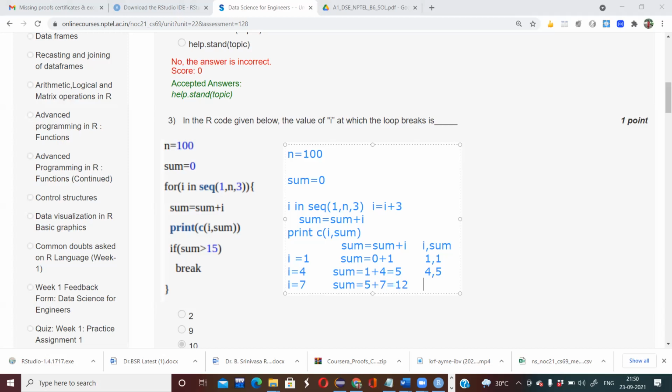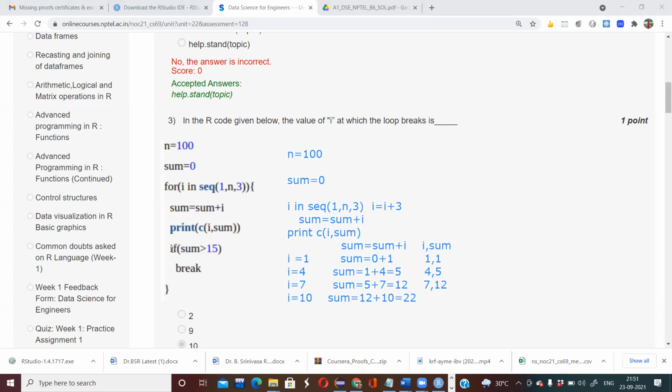So you're printing i as 7 and sum as 12. Next, i equals 7 plus 3, that is 10. When i equals 10, the sum value will be 12 plus 10, that will be 22. And you're checking whether sum is greater than 15.